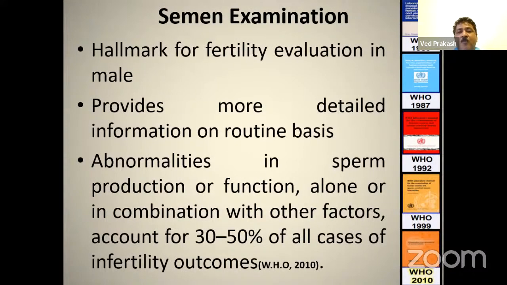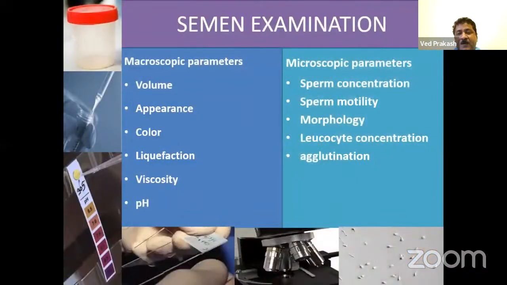In semen examination, the hallmark of fertility evaluation in the male, it provides more detailed information on a routine basis. Abnormalities in sperm production or function, alone or in combination with other factors, account for 30 to 50% of all cases of infertility. In semen examination we check macroscopic parameters like volume, appearance, color, liquefaction, viscosity, and pH. In microscopic parameters, sperm concentration, sperm motility, morphology, leukocyte concentration, and